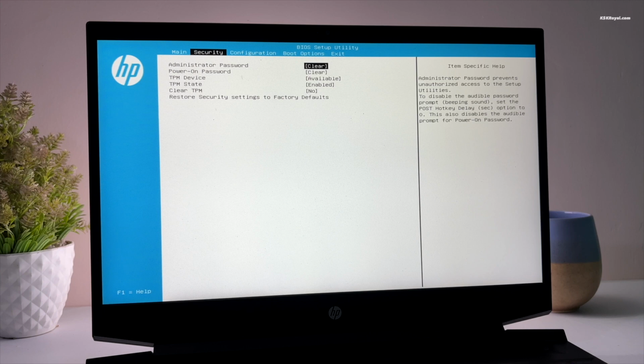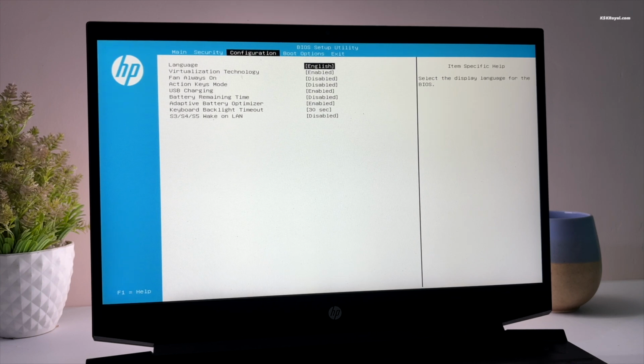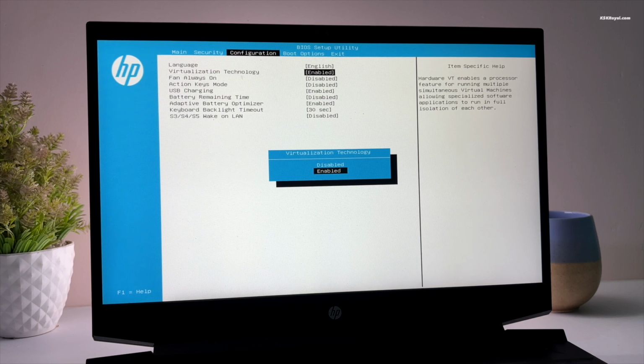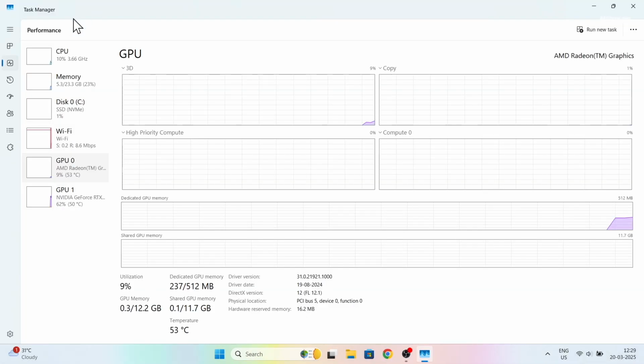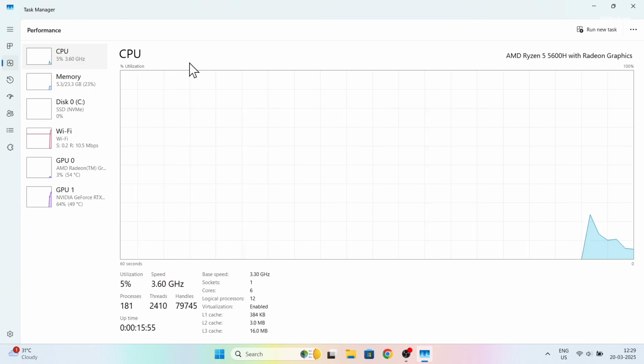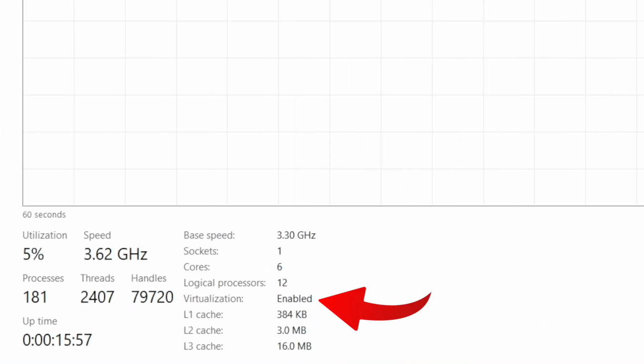Intel users should enable VT-d and AMD users should enable AMD-V or SVM mode. Once enabled, you can verify the status in the Windows Task Manager. Just click on the CPU tab and make sure the virtualization status is set to enabled.